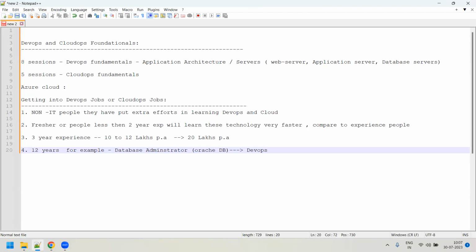So that's the reason. Getting a job for a person who has 2 or 3 years of experience, with very little experience, and getting a package of 10, 12, 15 or below 20 lakhs is very, very easy nowadays, compared to fetching a job for a very high package. So that's what I would suggest.